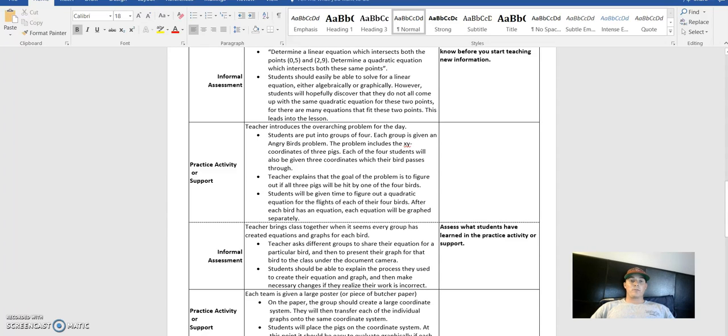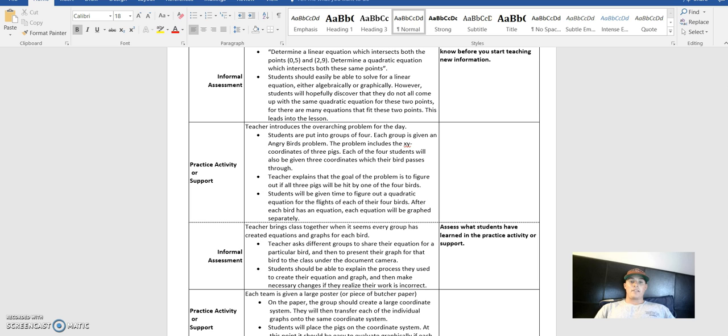For the practice activity or support, this is when the teacher introduces the problem. In groups of 4, students are given the Angry Birds problem, where essentially there are 3 pigs, which the students need to see if their birds can hit. Each pig is given a set of coordinates, and each bird is given a set of